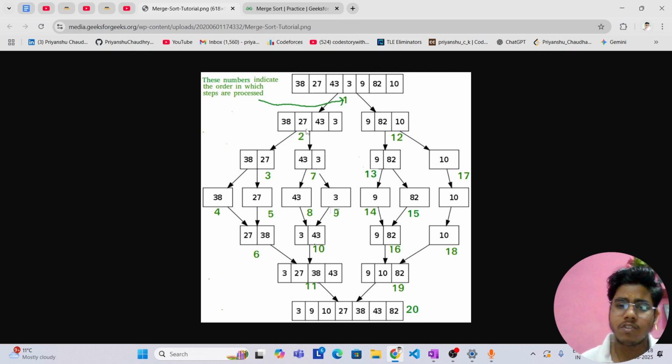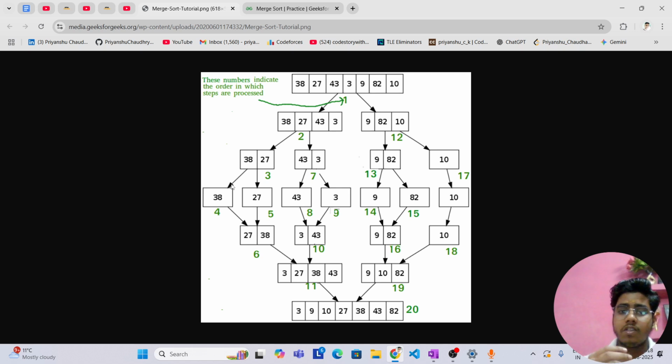Now we will perform the similar merge sort algorithm on each array. We will consider this array as a new array and the second array as another new array, and now we will perform merge sort again. We will divide it into two parts, and again consider each as a new array. We will keep dividing until we reach an array size of only 1.